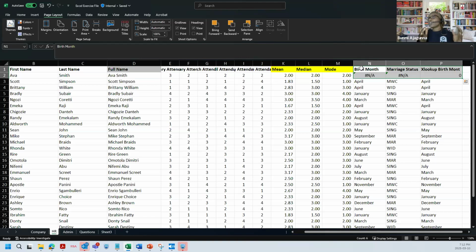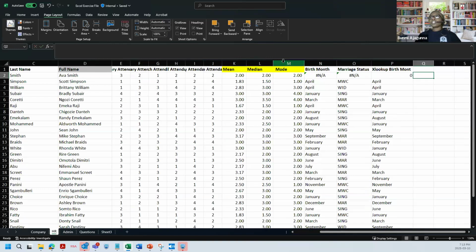Visibly, VLOOKUP will give you that error to say it is not applicable. There is an error there. XLOOKUP will say 0, it is not applicable. It's not there. You understand what I mean? Despite the fact that you ended with 0 here, and when you went here, you ended with 0 here, the difference in the 0 is VLOOKUP is telling you that there's an error because there's no exact match. XLOOKUP is saying there's an error, but my error says 0. So XLOOKUP will give you a 0 when there's an error. VLOOKUP will give you an error when there's an error. You understand what I mean?